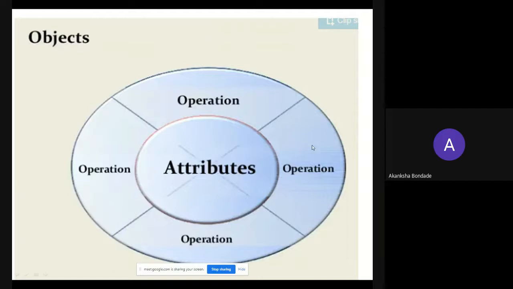In the diagram, here is a figure showing the object, with its attribute. An object is a runtime entity where we access the member functions as well as the data members of the class. Here, the object is an entity, and we access the data from the class. The object is authorized to access the data members as well as the member functions of the class.